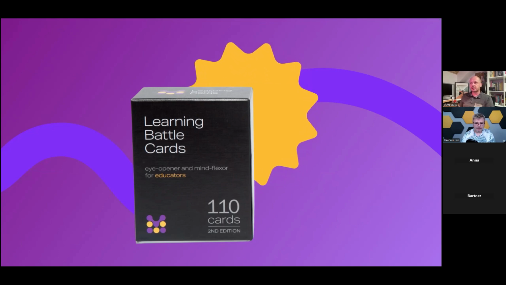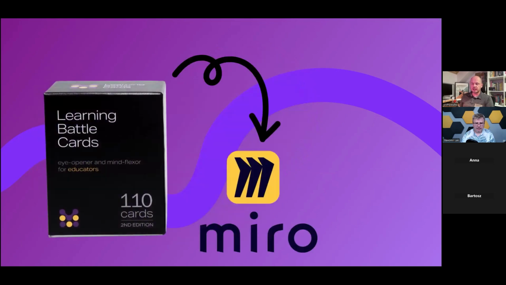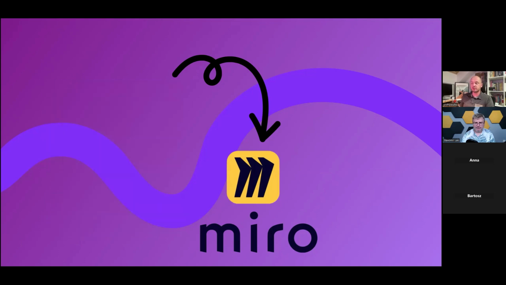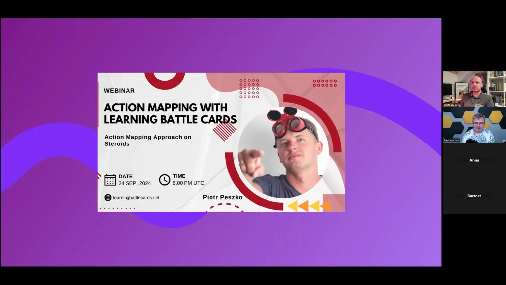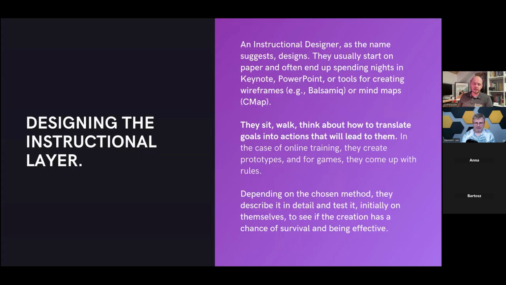And what I would like to talk about today is, of course, we'll be using our version of interactive learning battle cards in Miro. What I would like to do now is to draw a little bit of context on why we are talking about action mapping and why we are talking about this particular method. First of all,